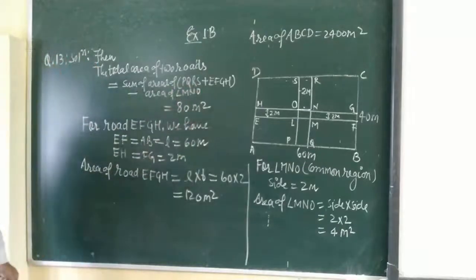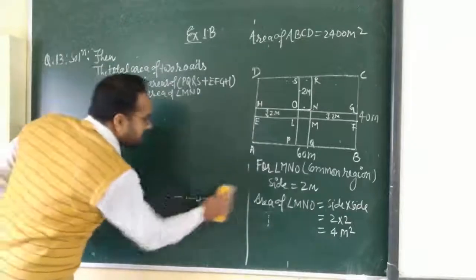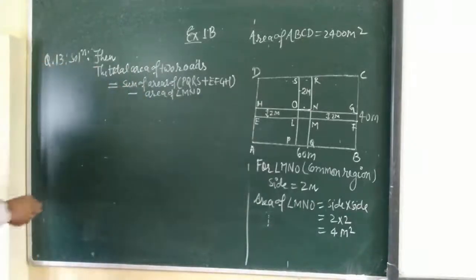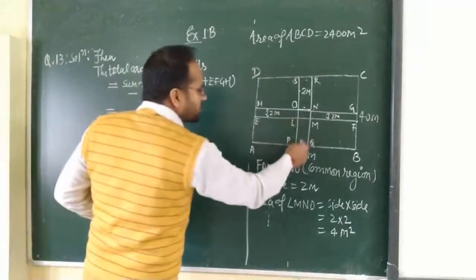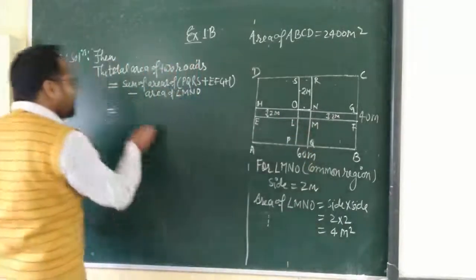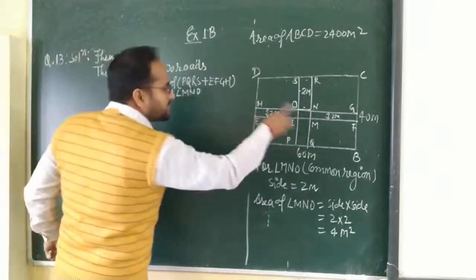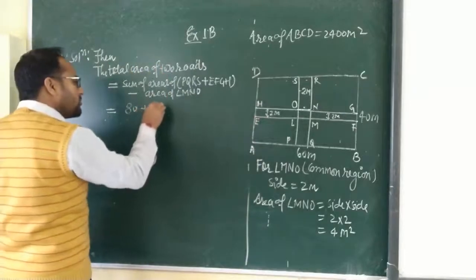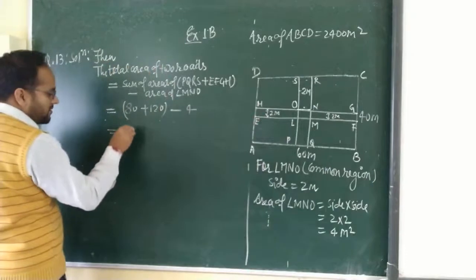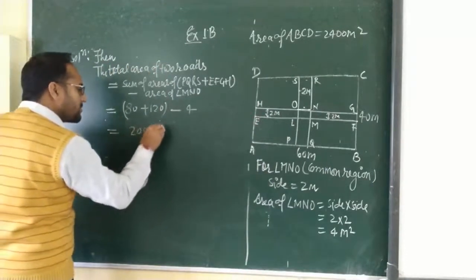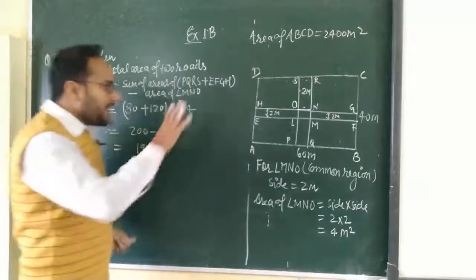Okay, so you know that the area of PQRS, 2 is multiplied by 40, you get 80, and the area of EFGH, 60 is multiplied by 2, 120, and minus 4. So this one is 200 minus 4, you will get 196 meter square is the area of these